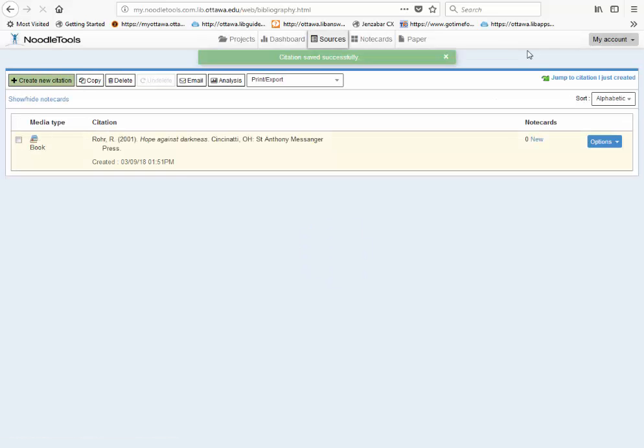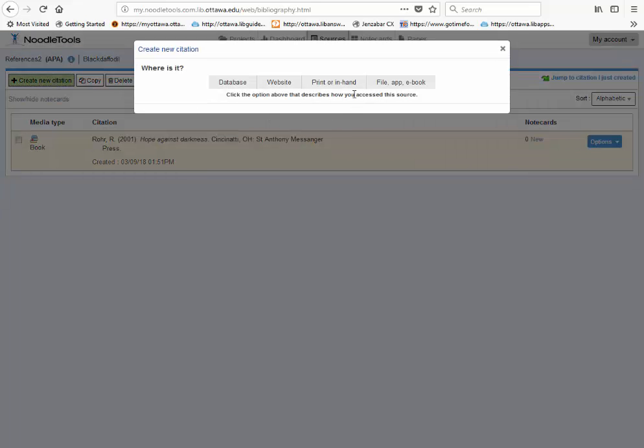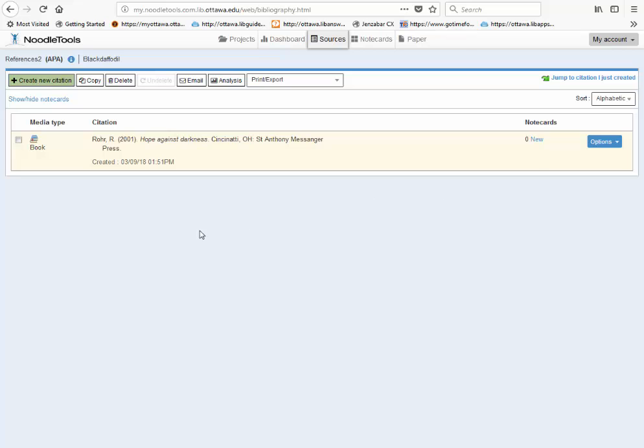And as you can see now, what it's done is it just created the book for me, and it is a citation. So as you can see, I can now go ahead and create another citation if I wanted to, and I can choose a totally different, I can choose a website here, or I can choose an app. It just depends on what I want to add to the source. And so it will continue to add the sources to this bibliography. Notice that I have options here, so I can edit this if I thought that the bibliography was wrong or some more information was needed.